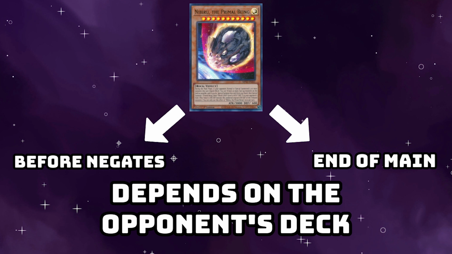However, on kind of the flip side of that, there are actually decks out there that don't make any negates at all. Like, there's actually multiple meta-relevant decks right now that don't make any negates as part of their end board at all. And for decks like that, you can actually wait until the end of the main phase to use the Nibiru. And the reason you would want to wait until the end of the main and not just do it right on the 5th summon right away, even if that'll stop their plays anyway, is that by